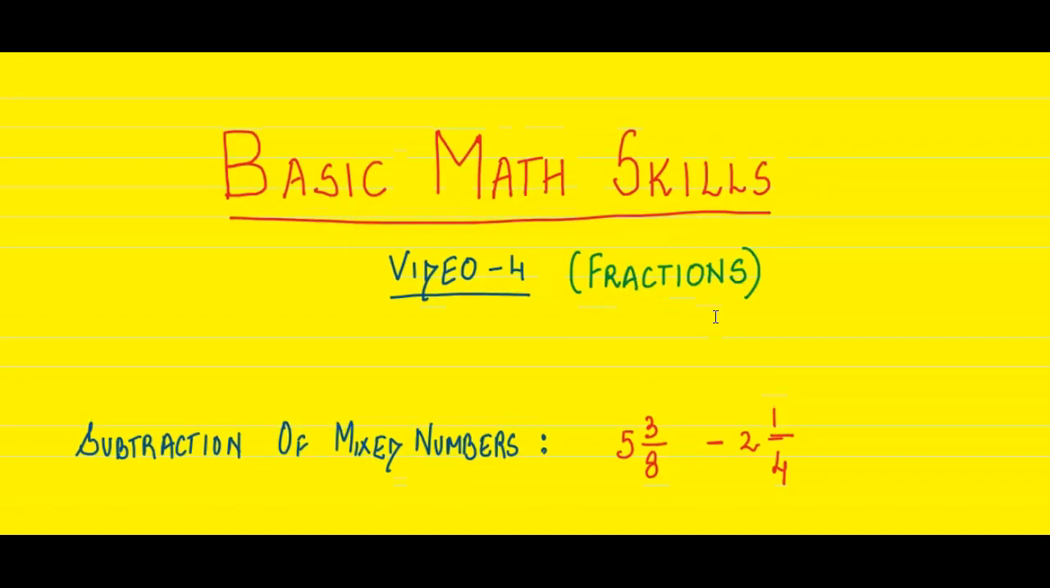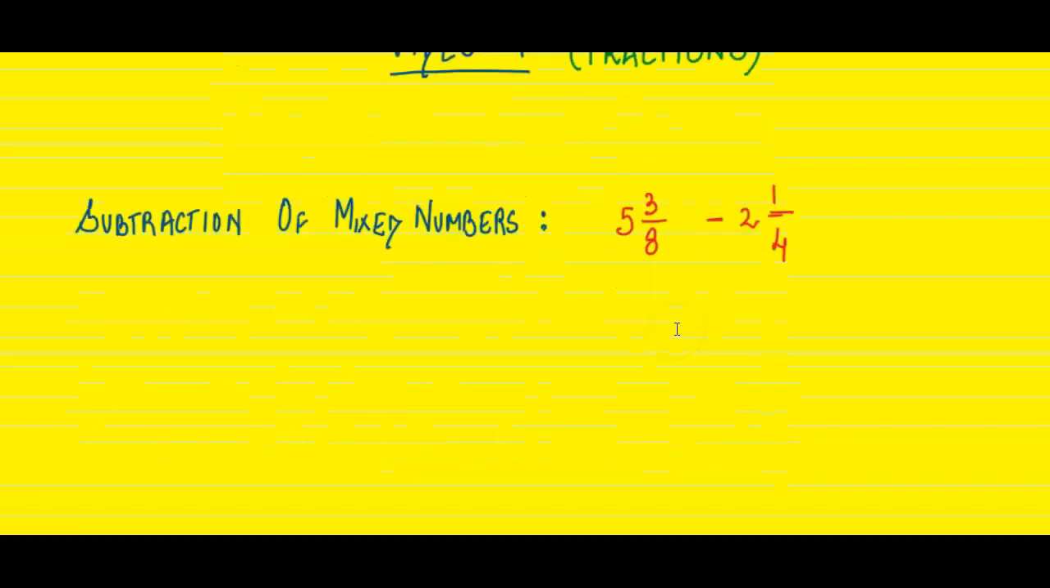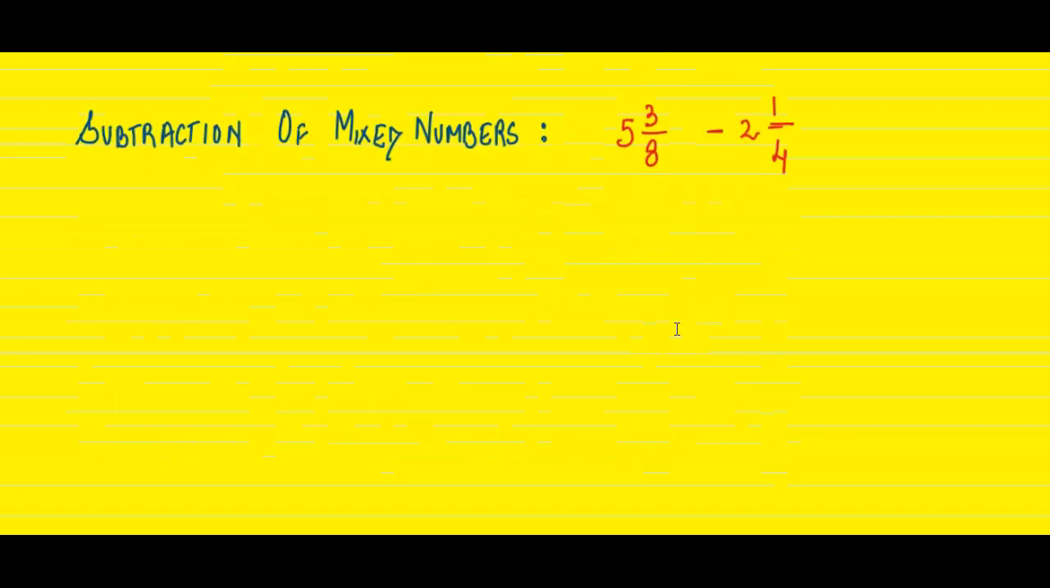skills based on fractions. This is my fourth video in the series and we are learning subtraction of mixed numbers in this video. So we have two numbers, 5 3/8 and 2 1/4. So let's subtract them. First we will change them into improper fractions. We will multiply 5 by 8,